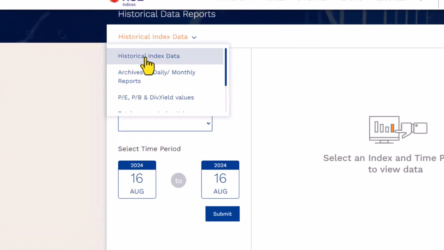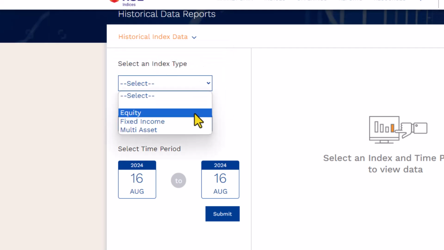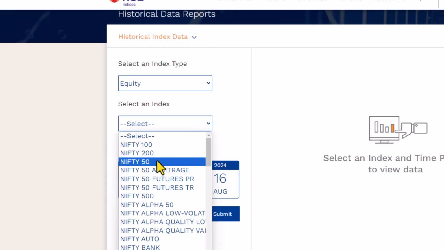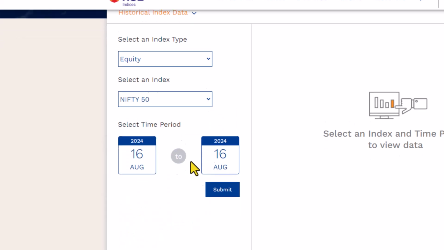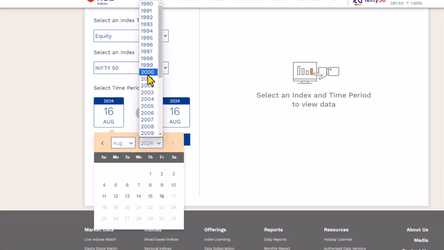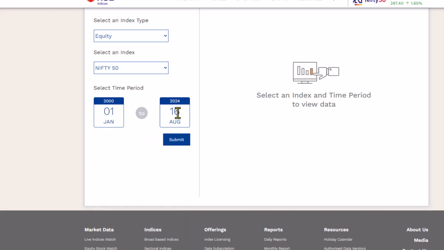So right now we can select the index type as historical index data, and the Nifty 50 is the equity type, and I am selecting Nifty 50. Here we can select the range. Ideally I would not go below 2000 for the data, and then today's date is 16th August. So once I hit the submit,